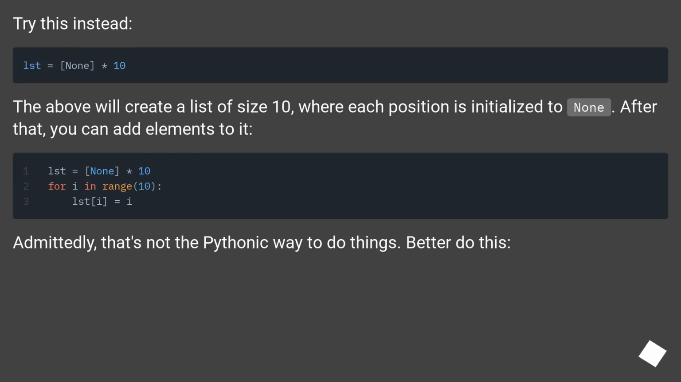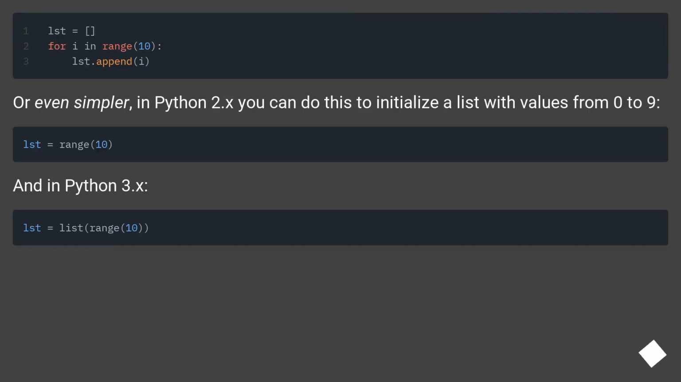Try this instead. The above will create a list of size 10, where each position is initialized to None. After that, you can add elements to it. Admittedly, that's not the Pythonic way to do things. Better do this. Or even simpler, in Python 2.x you can do this to initialize a list with values from 0 to 9. And in Python 3.x,